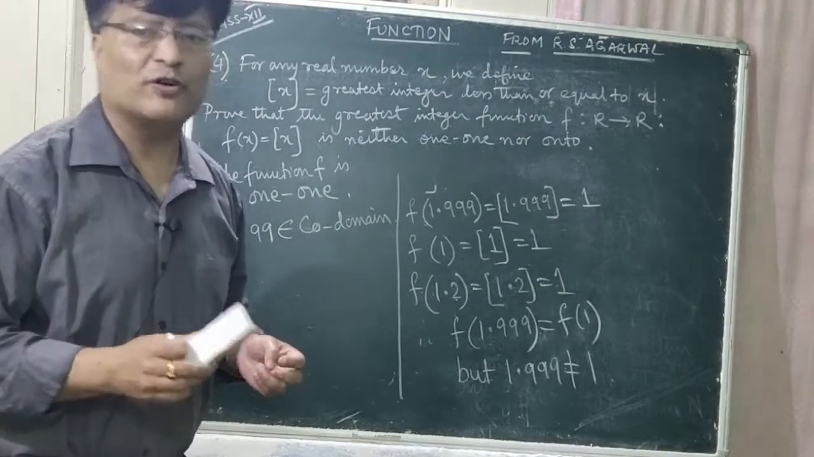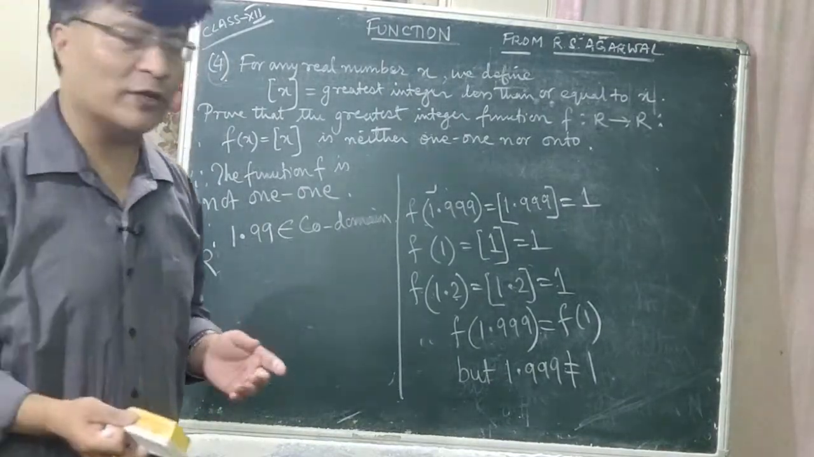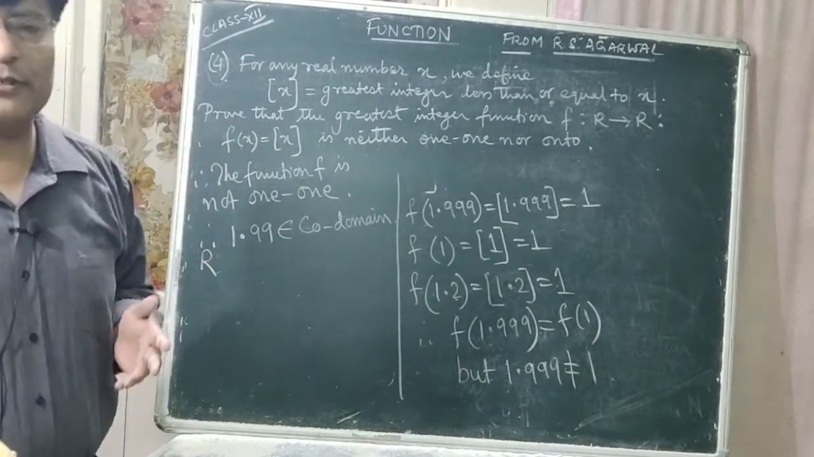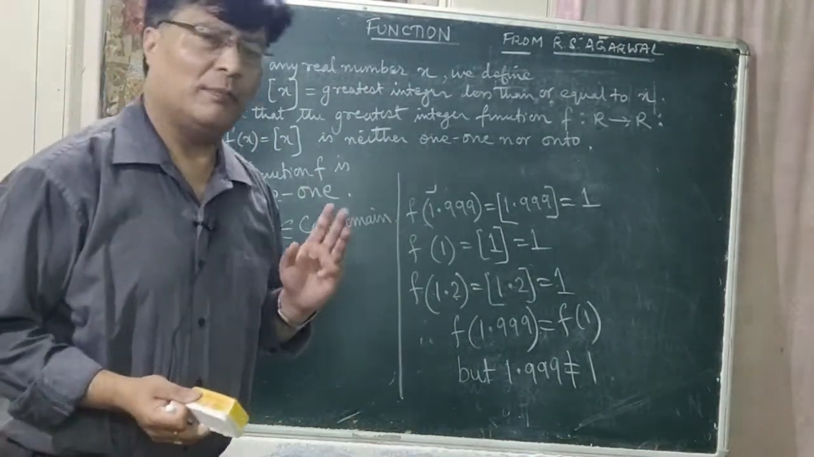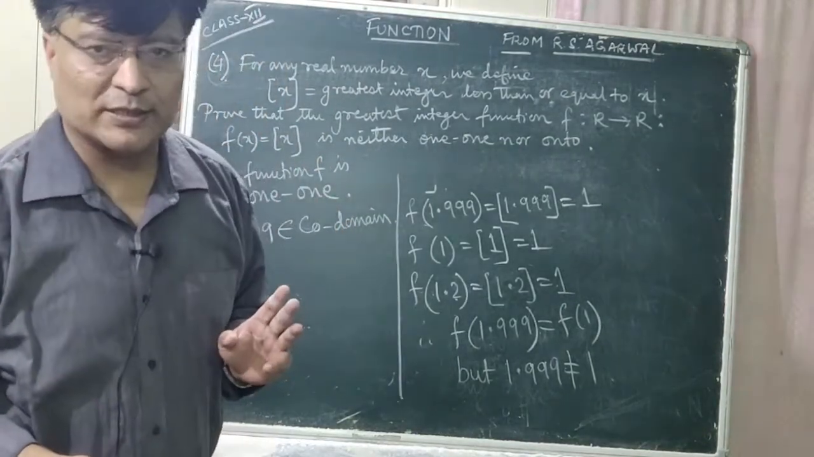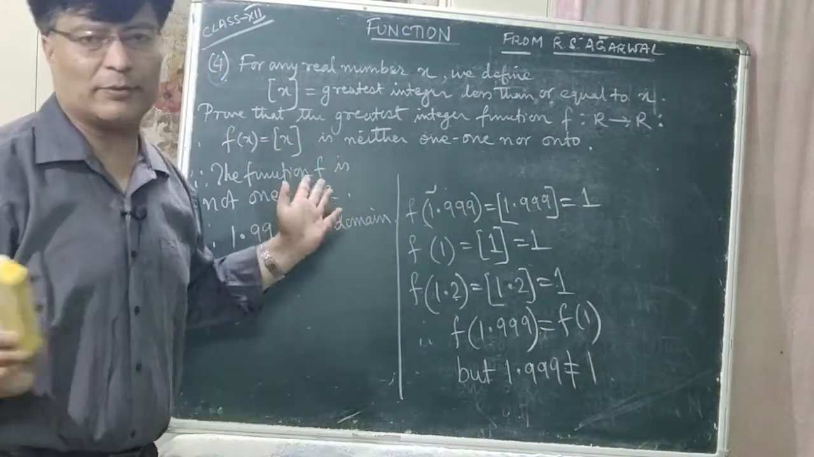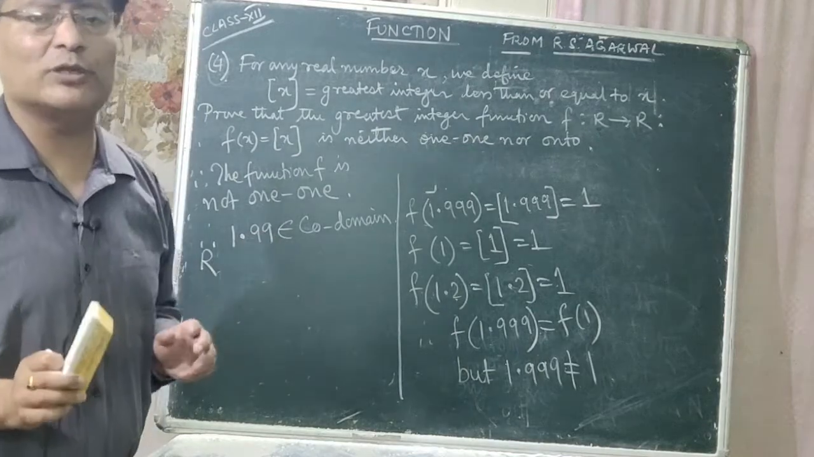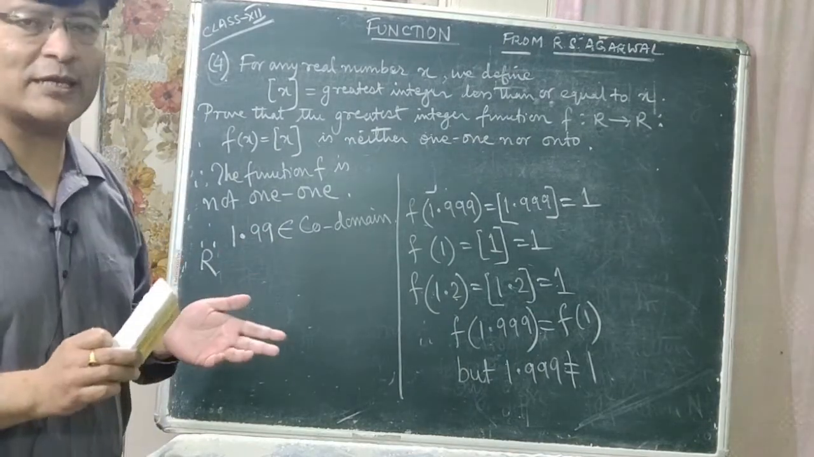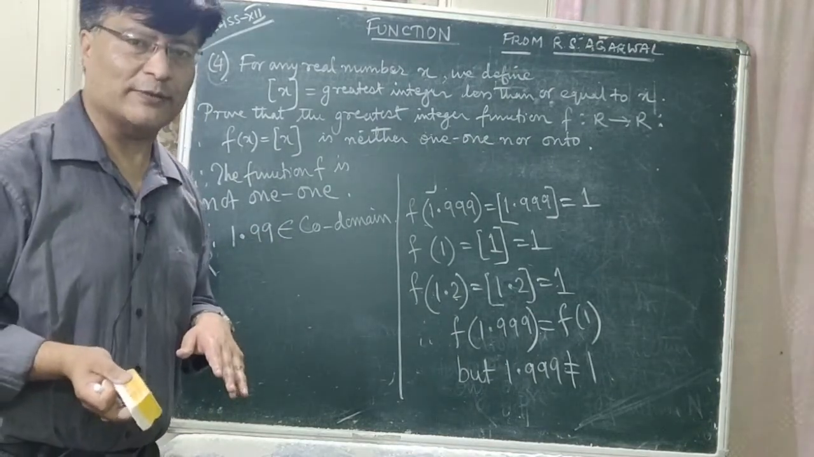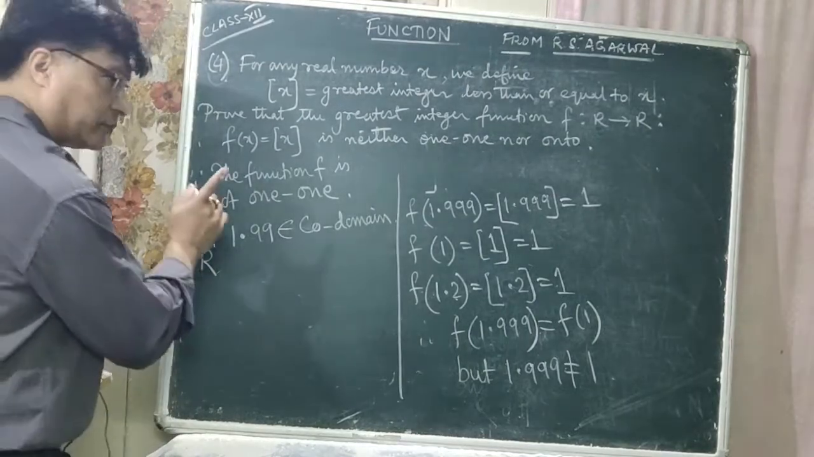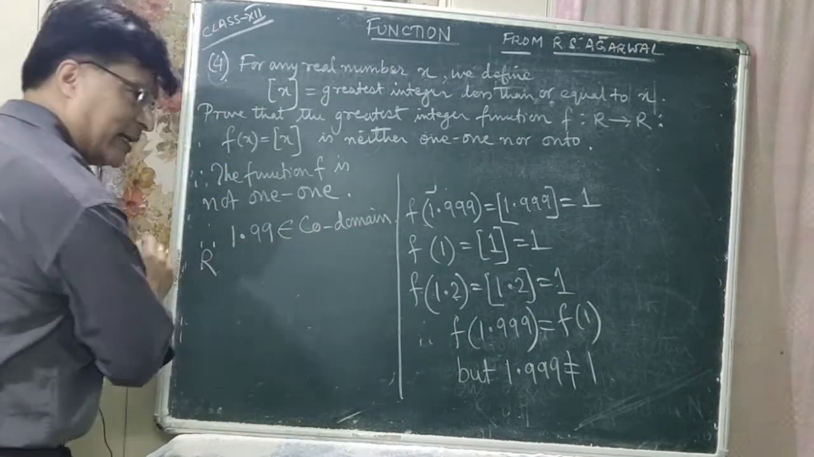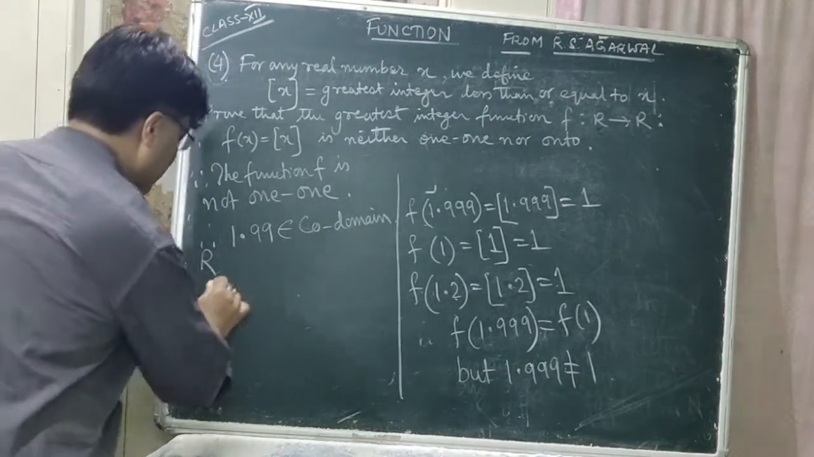So you can see the definition of onto function and into function, then it will be clear for you to understand it, okay? If you know the theory portion then you can easily do the problems. So you know that 1.99 belongs to codomain R but